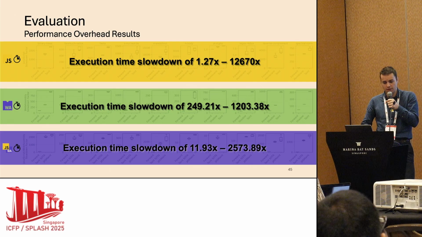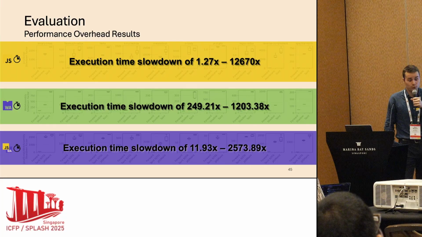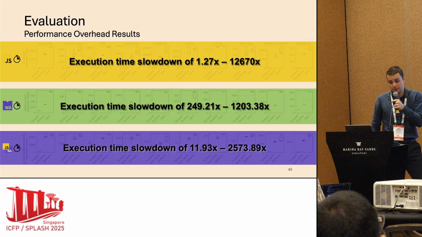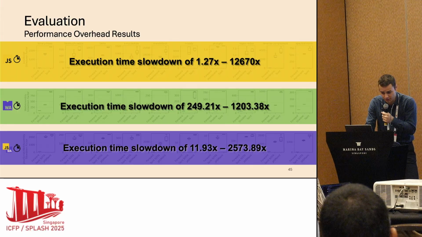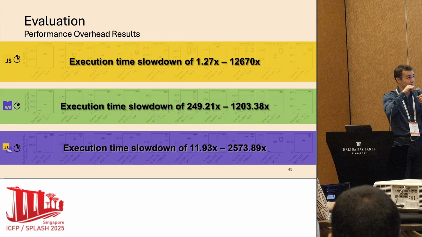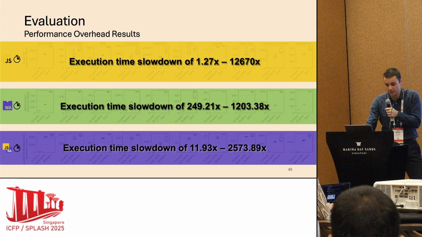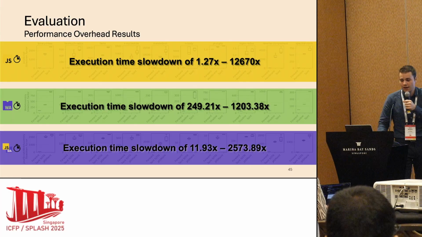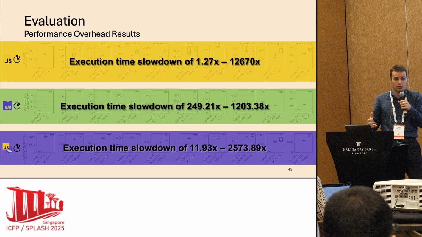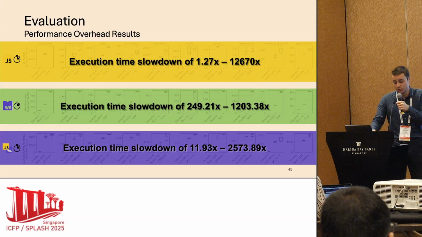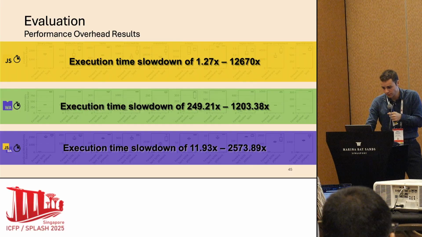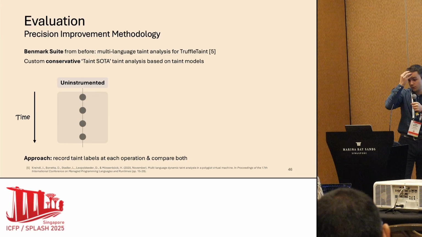And for JASMaint, the runtime overhead is 11.93 to 2,500 times. So this is really costly. It does incur a costly overhead. However, this is within the expected range for portable source code instrumentation. Then we also wanted to